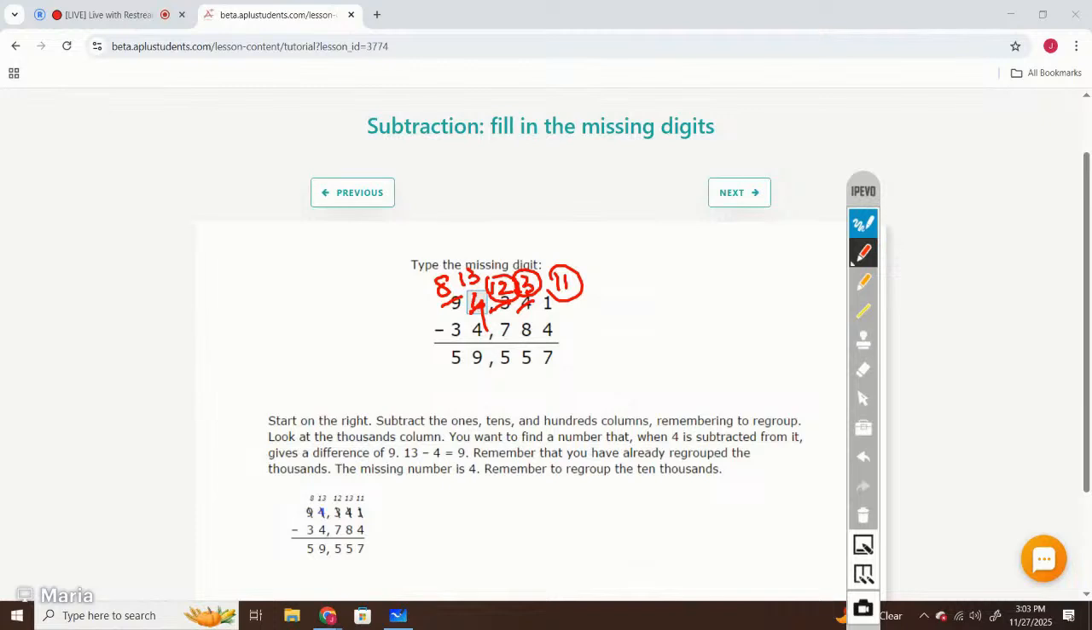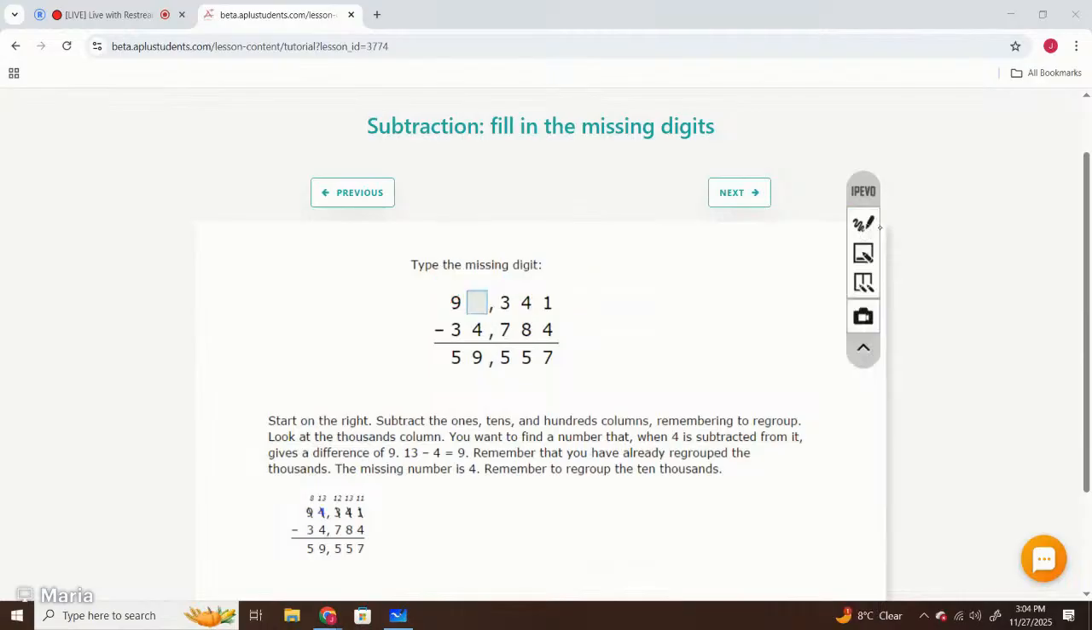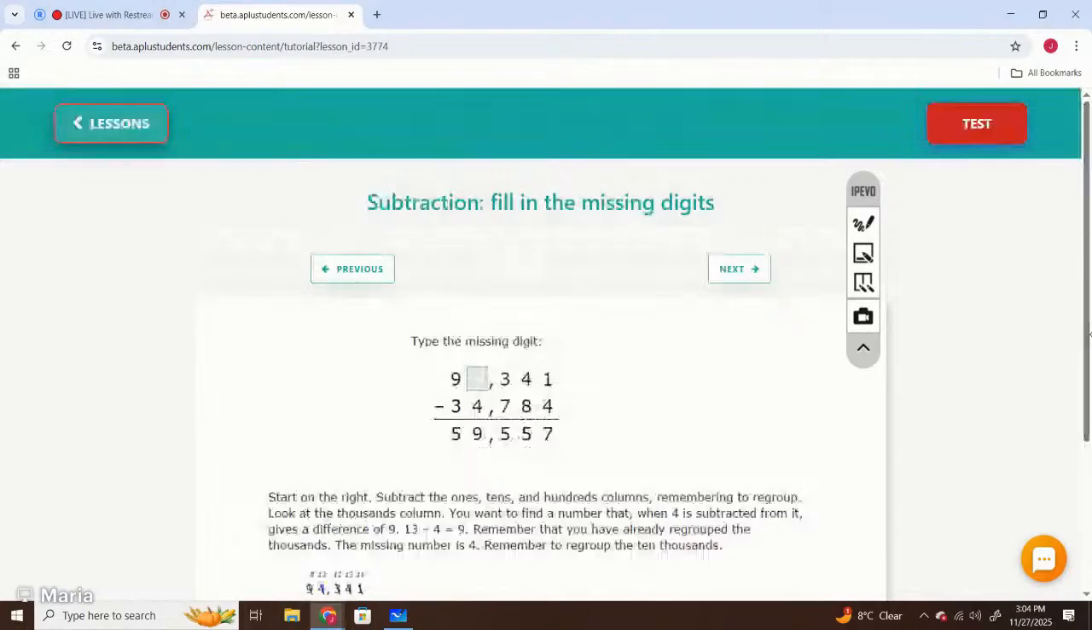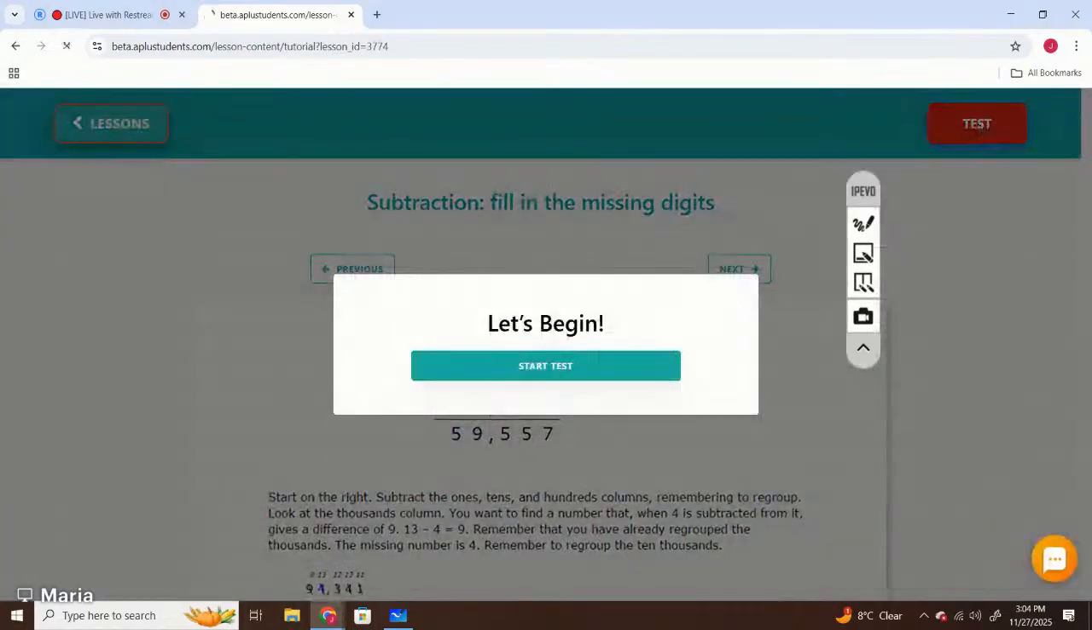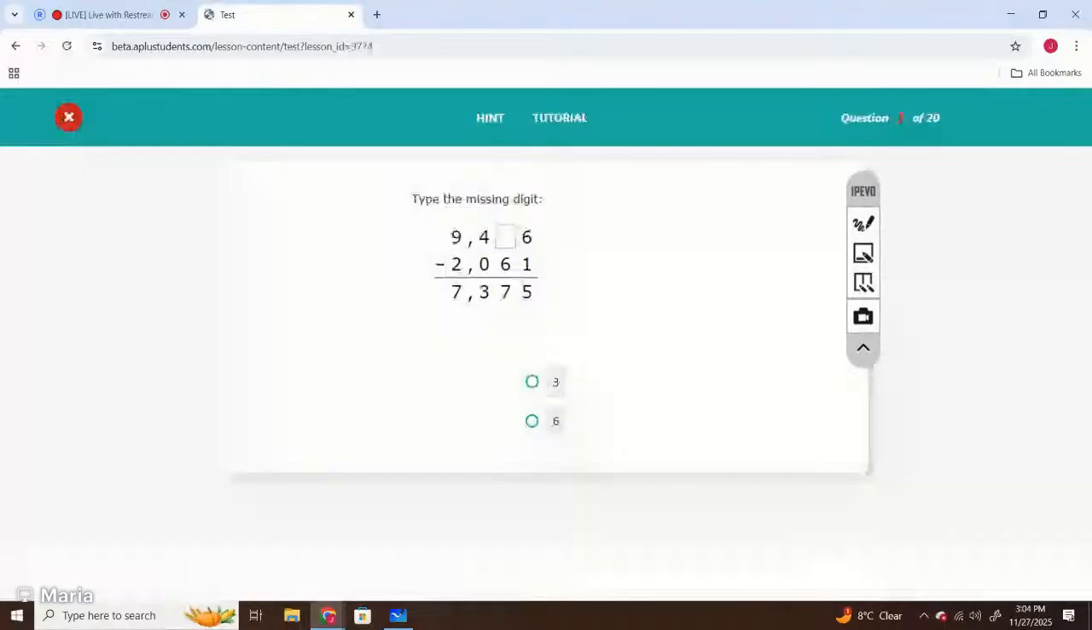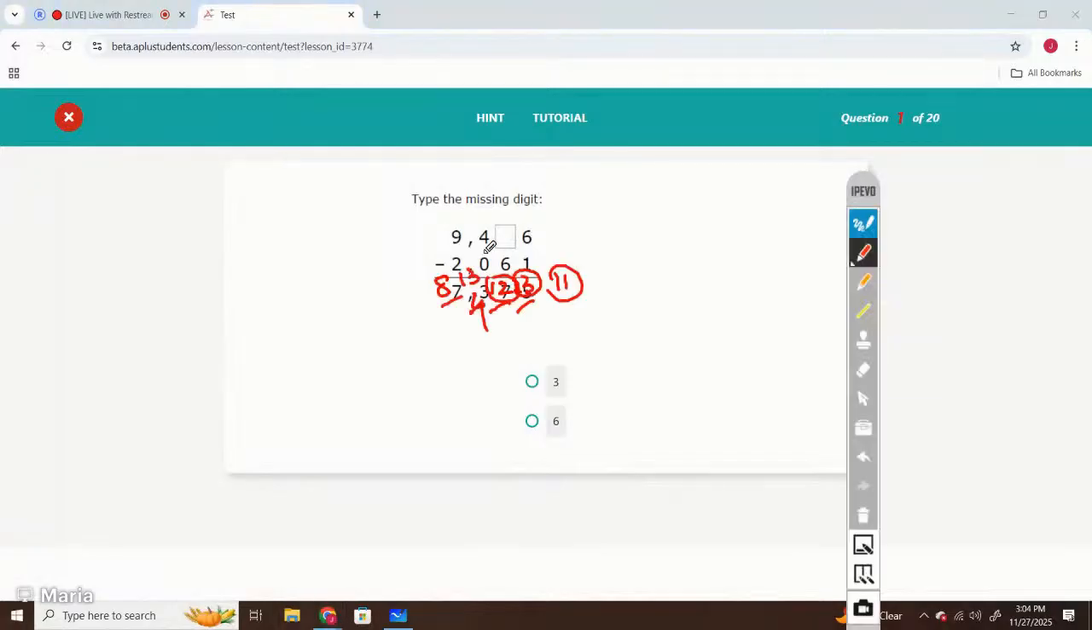So the correct option is, the missing number is 4. And let's just start with the test questions. Type the missing digit. Start subtracting from the ones digit. So 6 take away 1 is